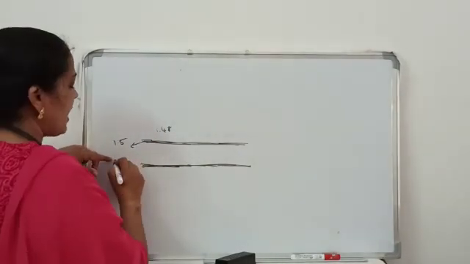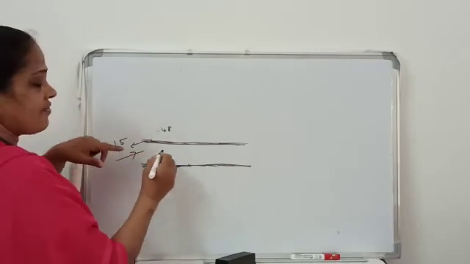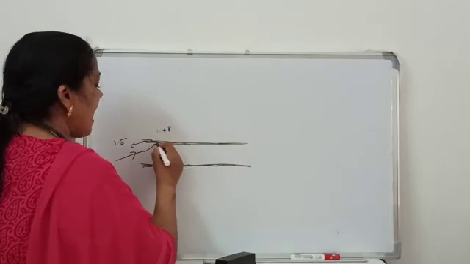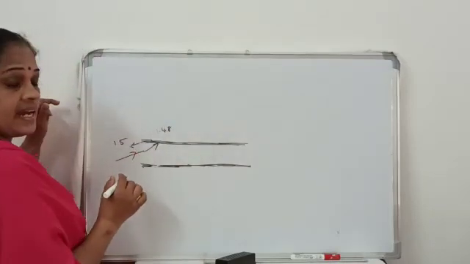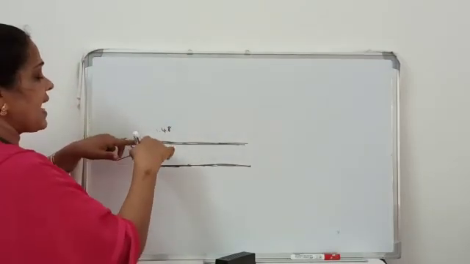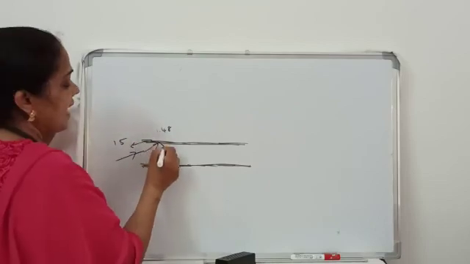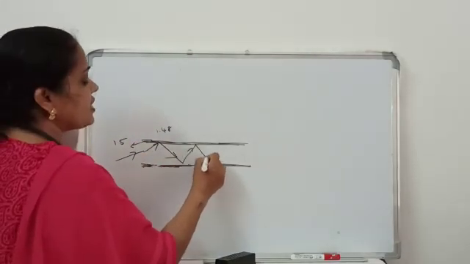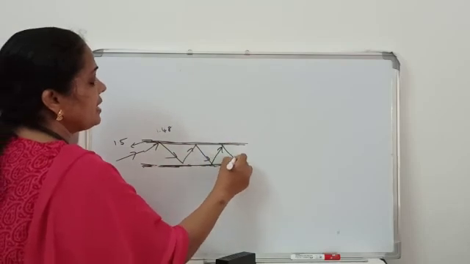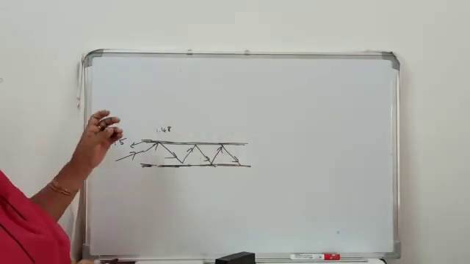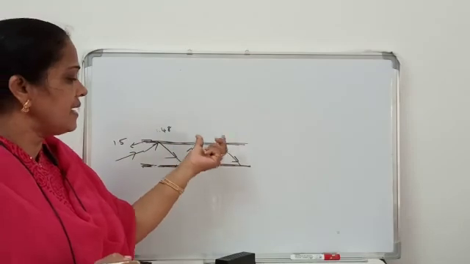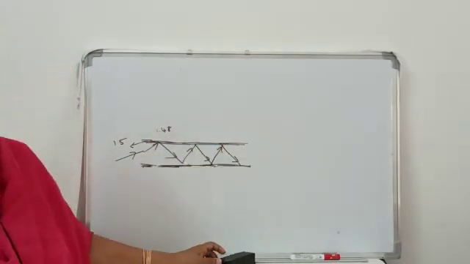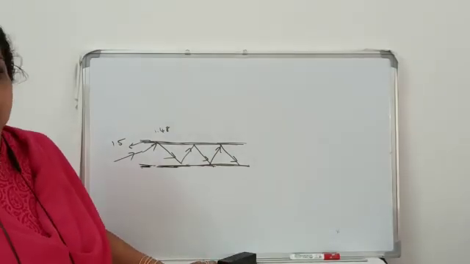When a ray of light enters, it gets refracted, and then it is going from the denser to the rarer medium. So what happens if this angle exceeds the critical angle? It gets reflected. So this continues and multiple reflection takes place. This is what happens in optical fibers, and finally the optical signals are later on converted into electrical signals.